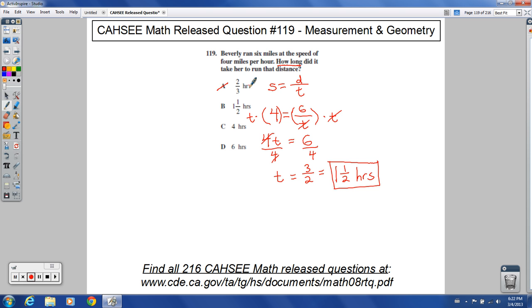So I think you could have eliminated A. That's too short of a time. You're only going to be doing 4 miles in 1 hour. That's a pretty slow jog too, 4 miles an hour. Most of you could walk fast at that pace, but we're going to say she ran at 4 miles per